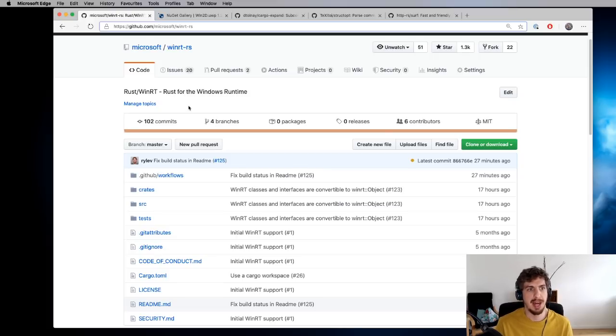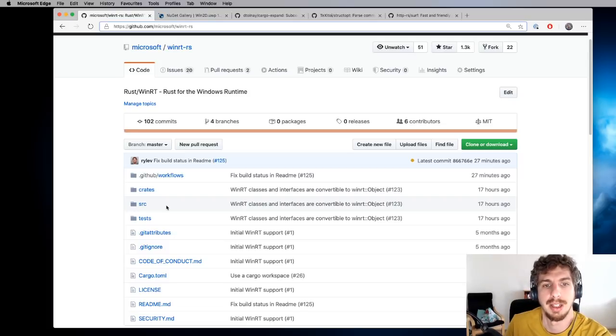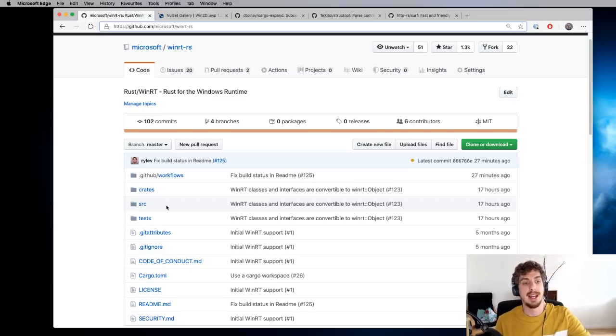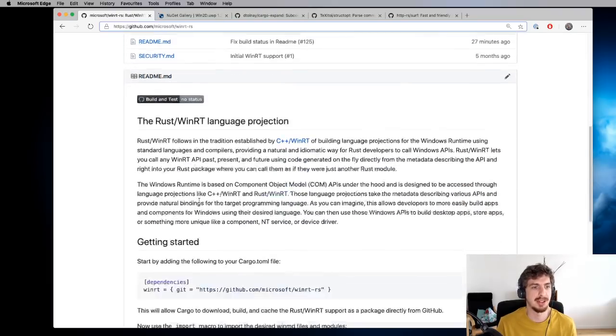And the cool thing about it is that all these APIs are described in language agnostic metadata. And what this project does is it reads that language agnostic metadata and generates Rust code based on it. And it turns out that the code that it generates is